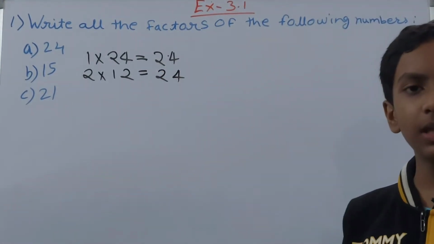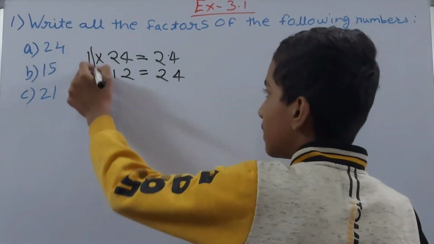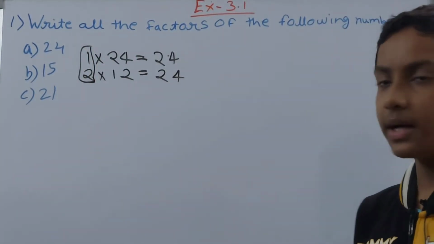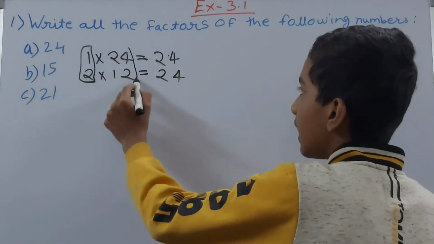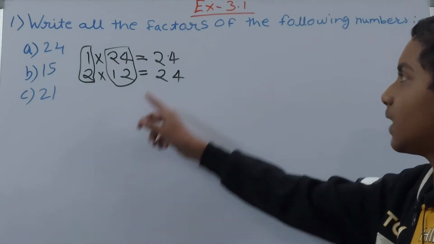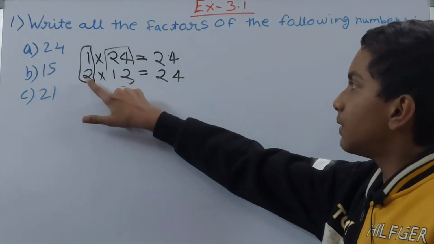Now, you need to keep one thing in mind. How will we find out the factors? You will think these numbers are the only factors. No, these are not the only factors. These numbers here, they are also the factors. Okay, so both of these numbers are factors, except this 24 which you are getting, right? So, now we will continue.